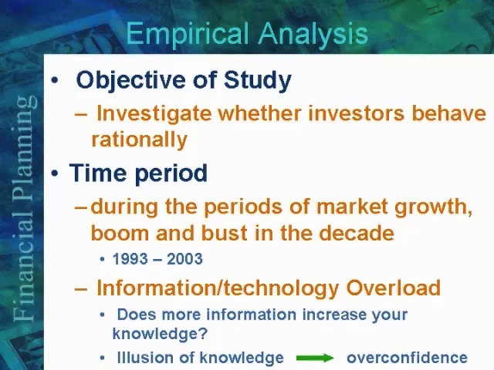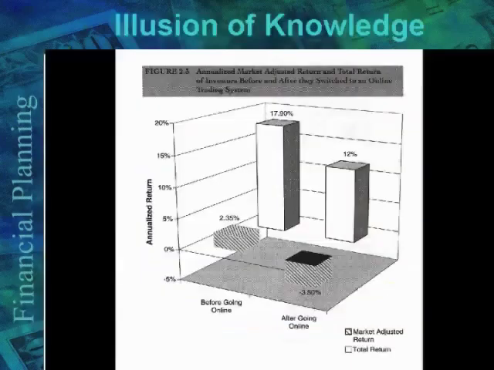It hasn't. If anything, it's got worse because our ability to process information has not changed. The amount of information is overwhelming, so we are much more likely to make wrong decisions today because of information overload and because of lack of ability to process information than before the information revolution. And there is actually evidence to show this.